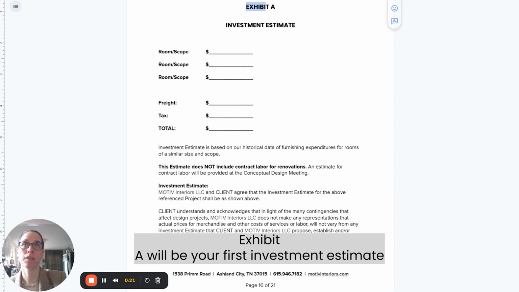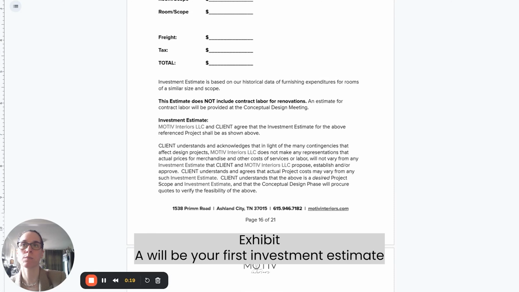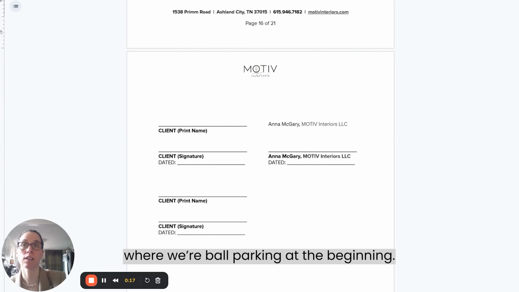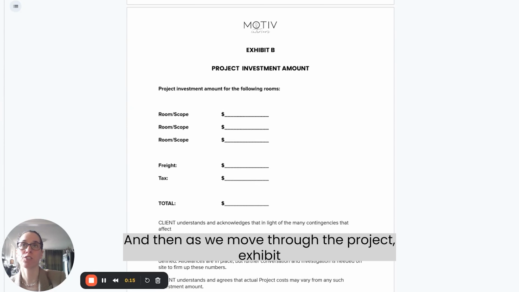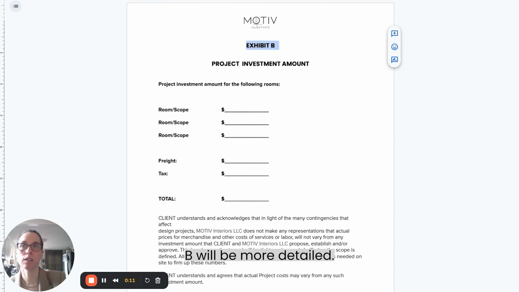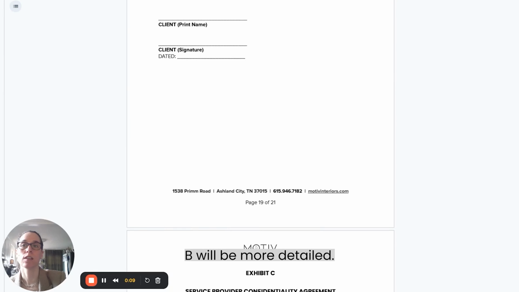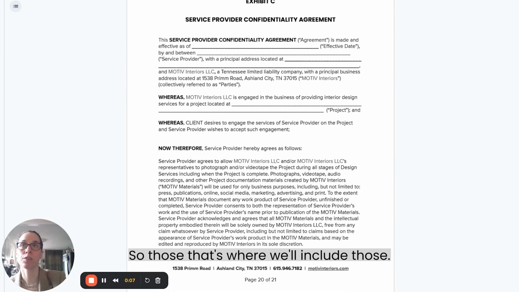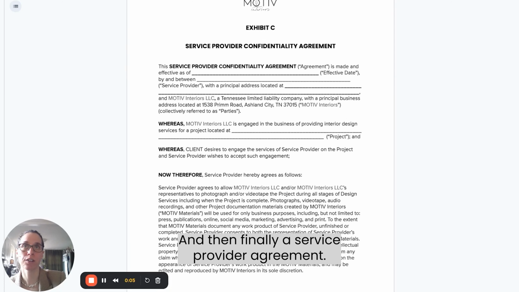And then at the very end, we'll attach Exhibit A, which will be your first investment estimate where we're ballparking at the beginning. And then as we move through the project, Exhibit B will be more detailed. So that's where we'll include those. And then finally,